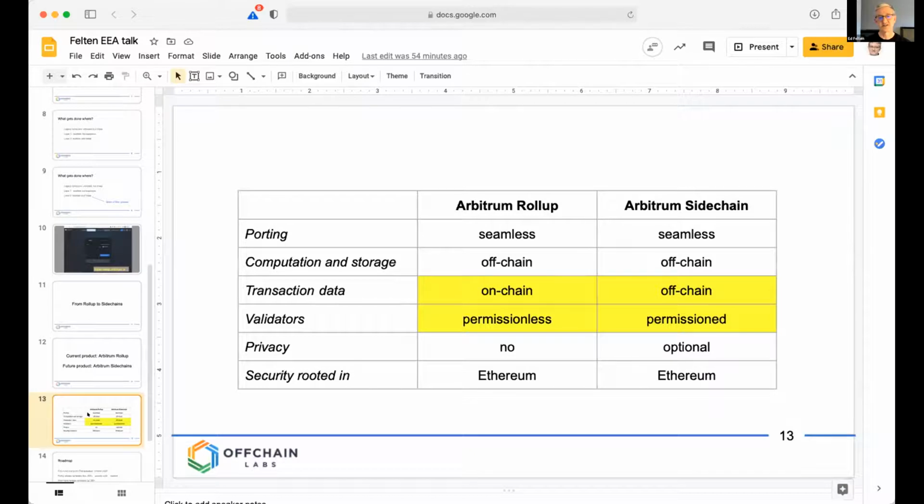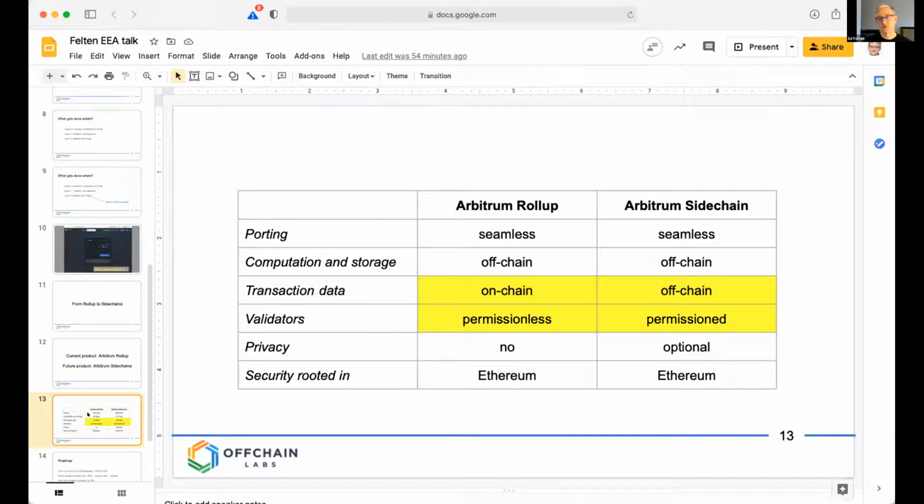the protocol. And in response to the question that was asked earlier, on Rollup, anyone can be a validator, and our algorithm, which we've published in a peer-reviewed publication, guarantees that any one honest validator can force correctness. So it's permissionless. You yourself can force correctness, or you can hire someone to do that for you. So that's Arbitrum Rollup. Along with that, or in order to make that work, the transaction data is stored on-chain, like in other rollups. Of course, the computation and storage are off-chain.